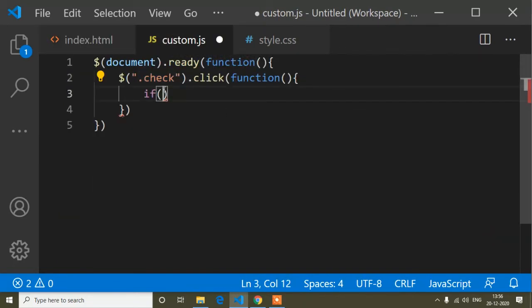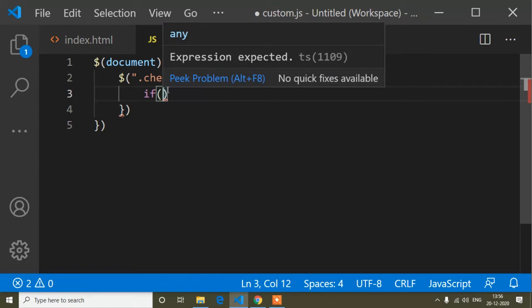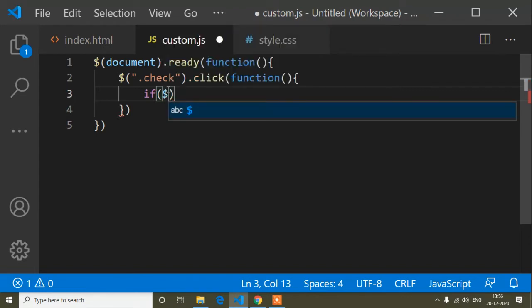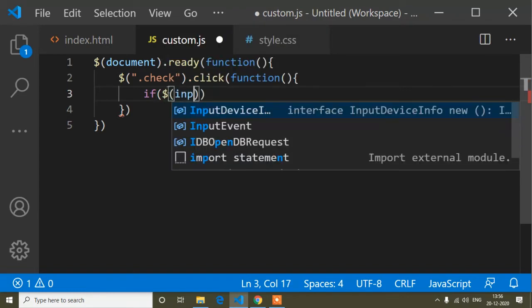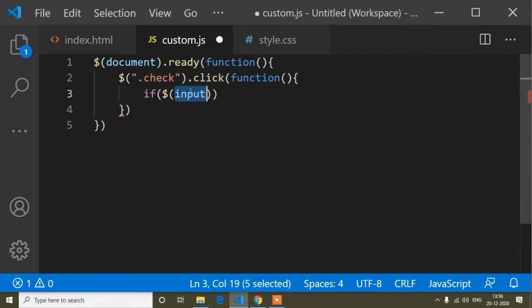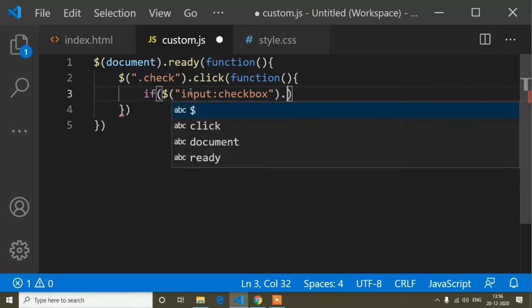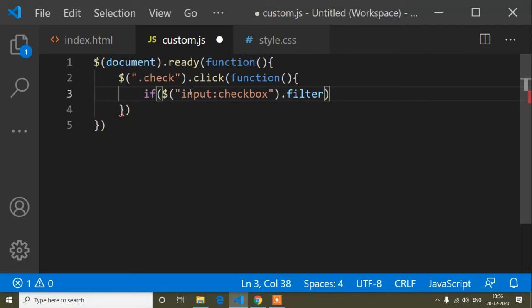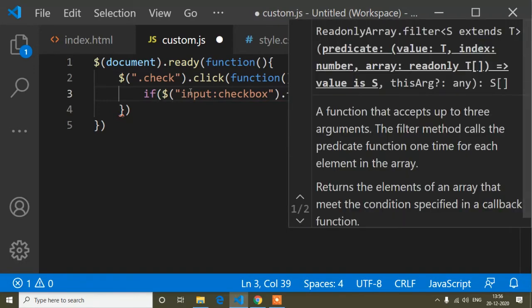So if dollar, and now input, I have to write it inside inverted commas. So input and checkbox dot filter. First I will write the code, then I will explain, otherwise I will forget the logic I have to write here.